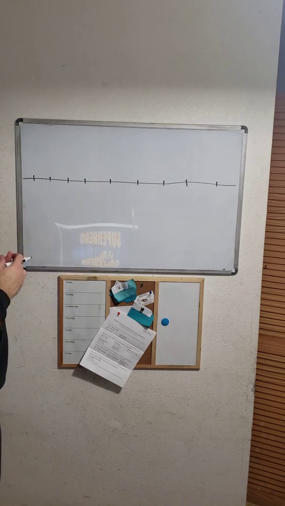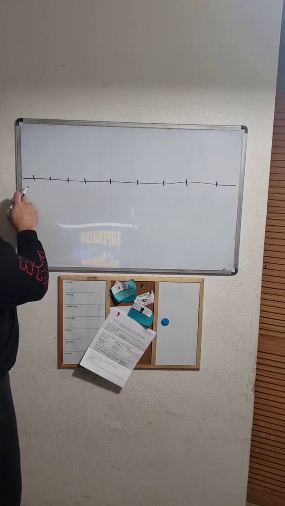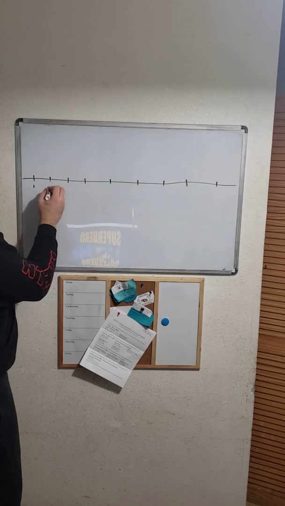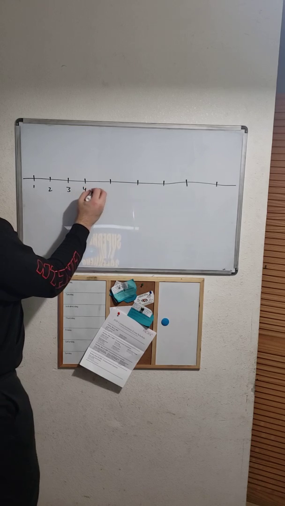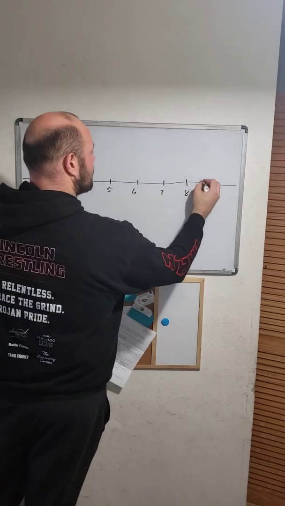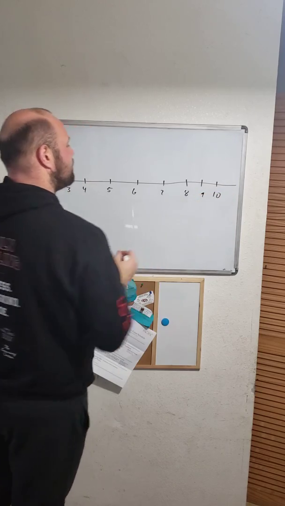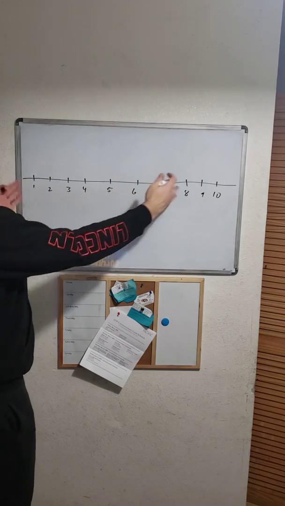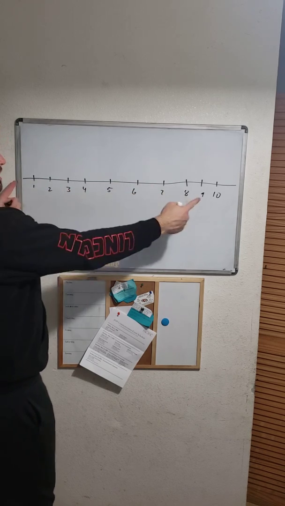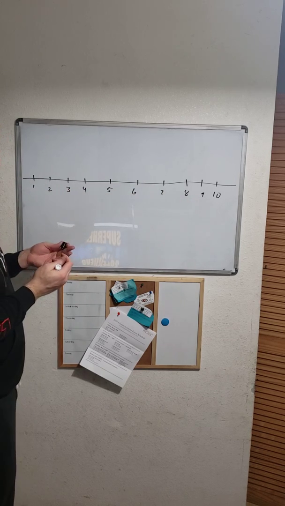Let's imagine those are even. Well, we would get 1, 2, 3, 4, 5, 6, 7, 8, 9, 10. So if we divide this up into 10 equal pieces, and this was a meter, then we would call this